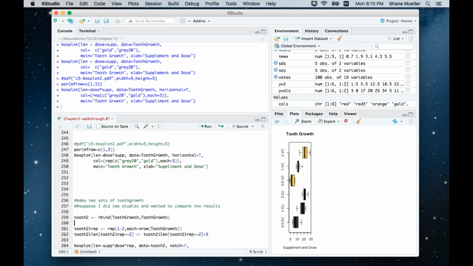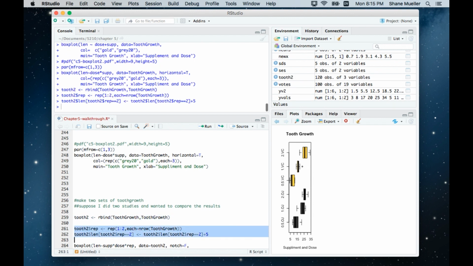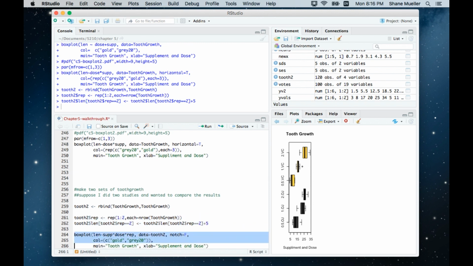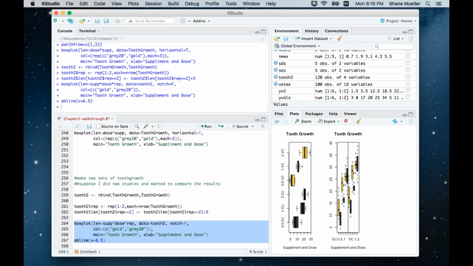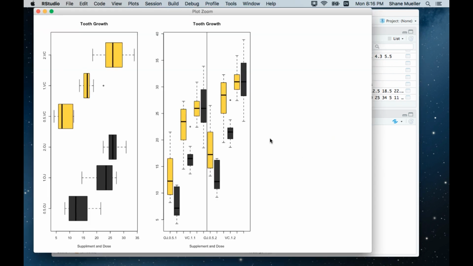Or maybe I've got even more data. I have two sets of this, one from gerbils and one from hamsters. I want the box plot of two of them, so I can use the supplement times dose times the repetition. If we look at tooth 2, I've doubled it and added another variable, repetition, and I can make box plots by three variables. So this gets a little excessive, but